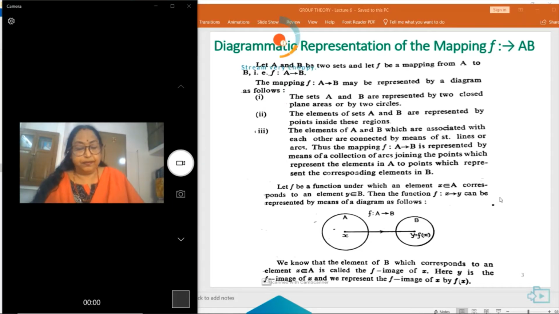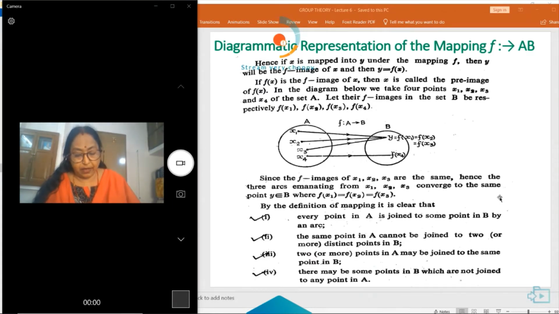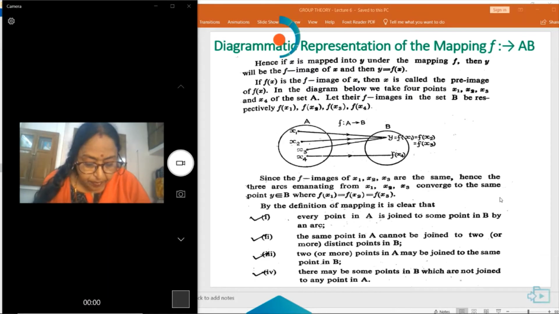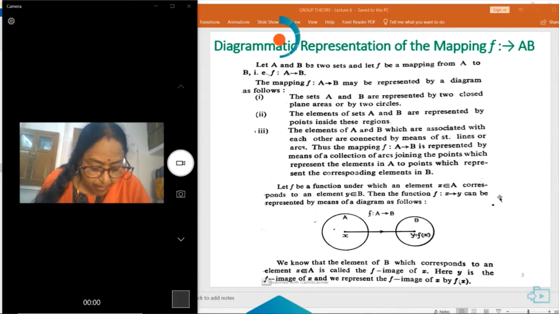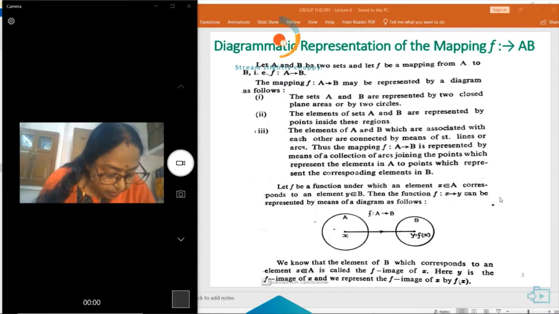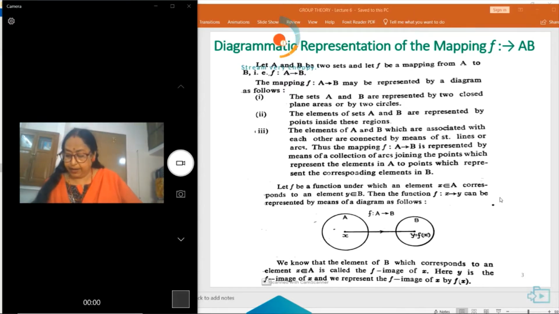Now, one-to-one. Suppose x is equal to 30 degrees, 45 degrees and 60 degrees, and f(x) is sin x. Then f(x) will be 1/2, 1 by root 2 and root 3 by 2 successively. Then a one-to-one relation from A to B, that is y equal to f(x), is known as a one-to-one relation.